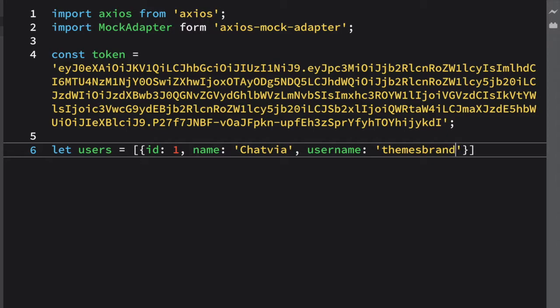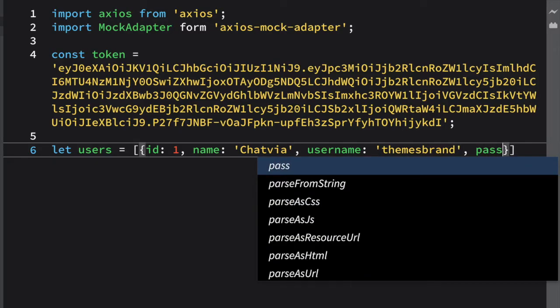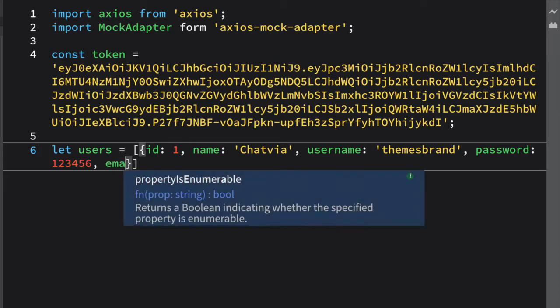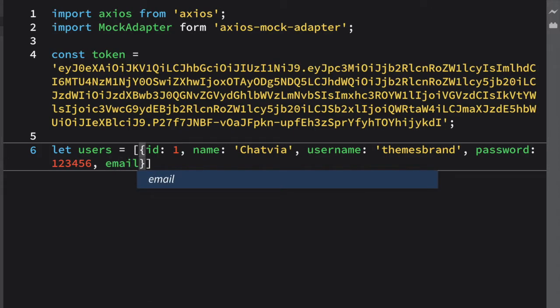After this you have to give some password, okay, which will be basically used to authenticate this user. So I am giving password as 123456. Okay, just simple. And you also have to mention some email ID.